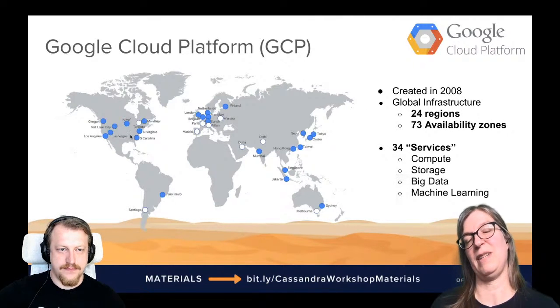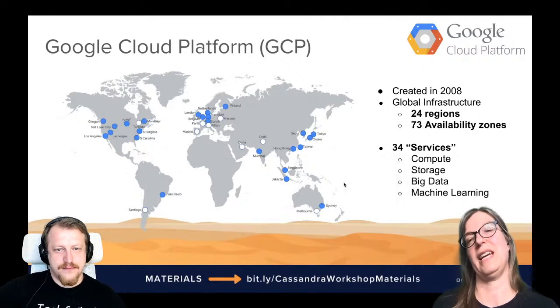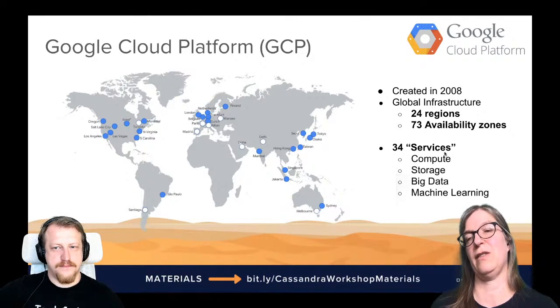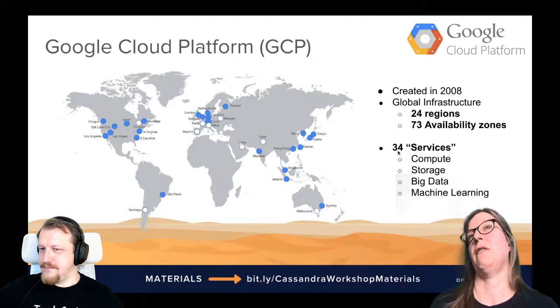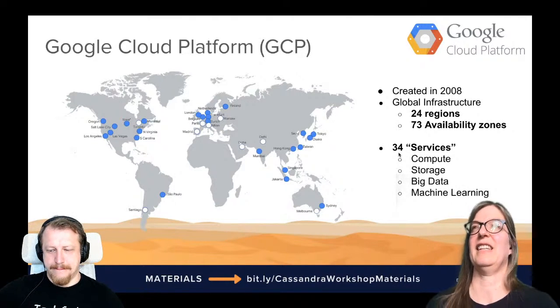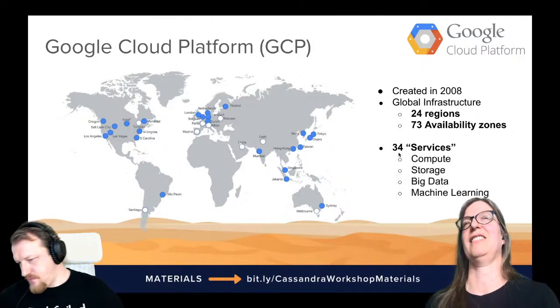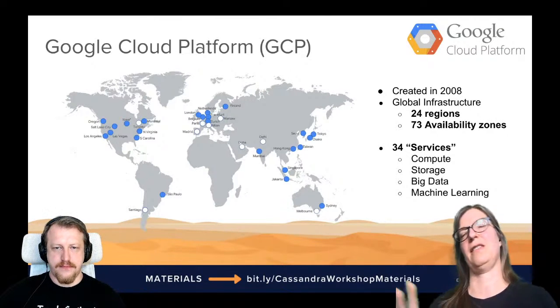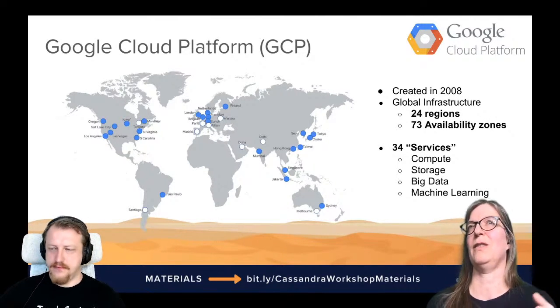Google Cloud has not quite as many regions and availability zones as AWS, probably, but it's coming up. Lots of different services. It's growing. This is a very growing field, and I think personally, when I started to look into Google Cloud, this was for me the most confusing aspect: all these different services and the flexibility that you have.